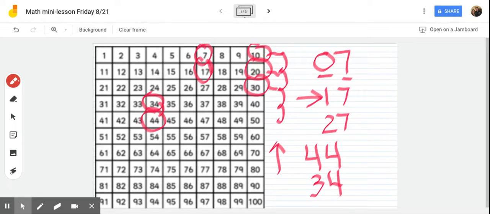Okay. Now, a lot of this is pretty simple when you're thinking about just skip counting by tens. You can go 10, 20, 30, but can you do 7, 17, 27, 37, 47, 57? That is the goal for you to understand. The next thing that I want you to see is that with all of our numbers, we want to work real hard to get them to a base 10. And what that means is that if I am on the number 7, I know that from 7 until 10,